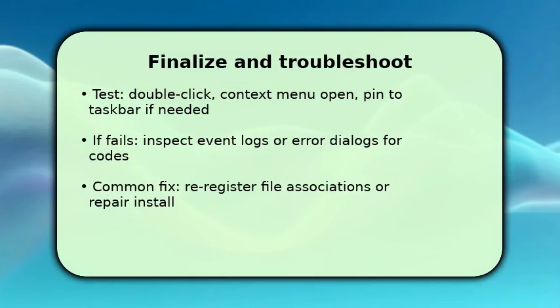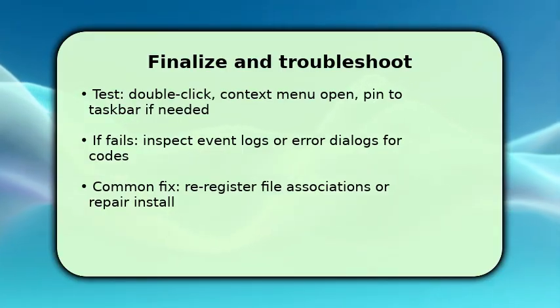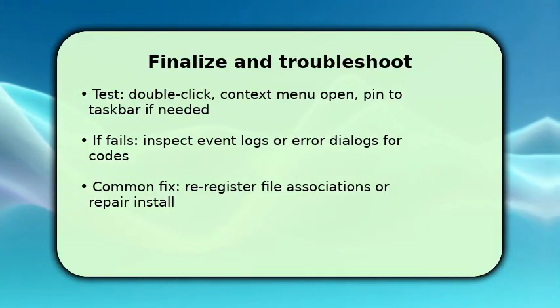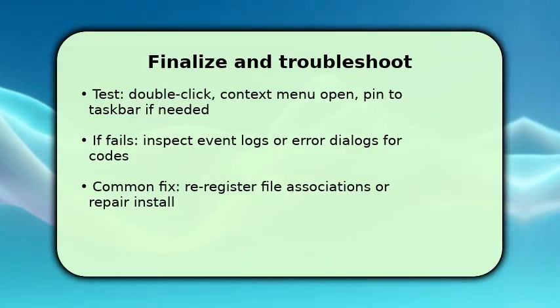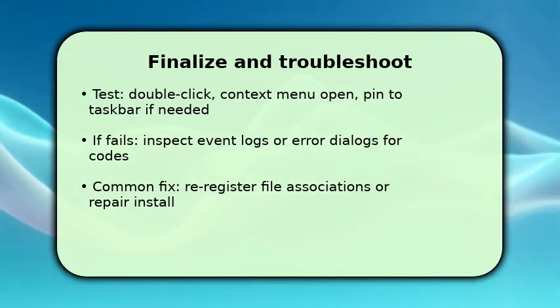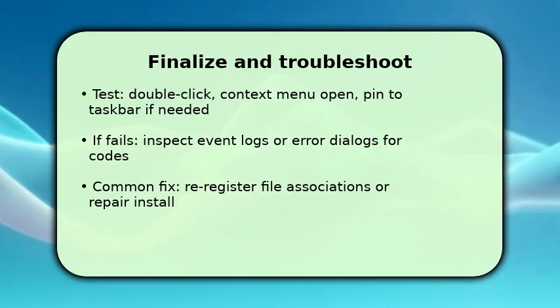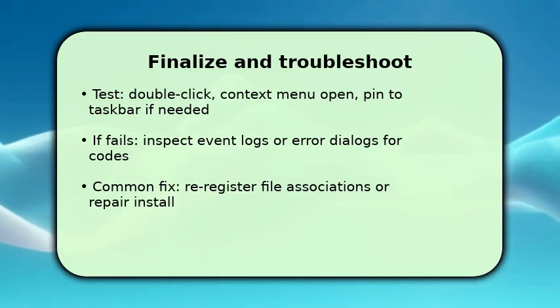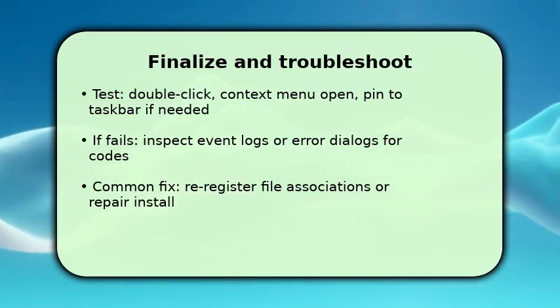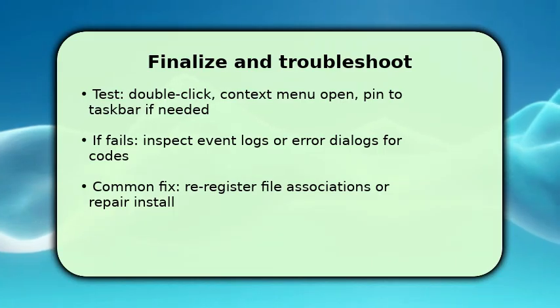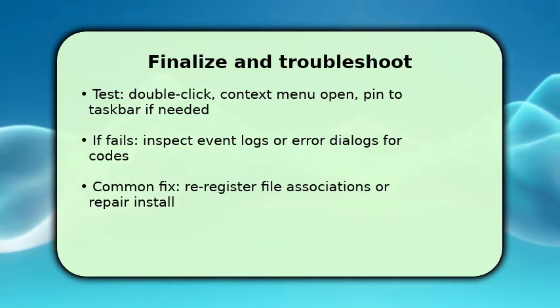If the shortcut still misbehaves, open Event Viewer or read the error dialog for codes that point to missing DLLs, permissions, or path issues. Re-register file associations or protocol handlers when links open wrong programs. Run a repair install of the app if file corruption appears likely. One key troubleshooting tip: temporarily create a portable copy in a